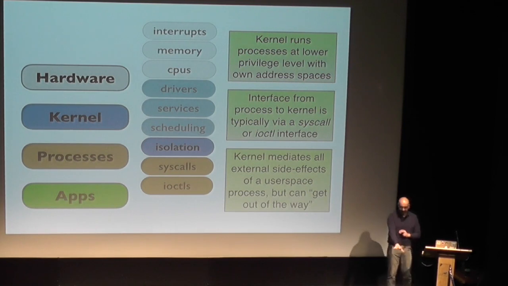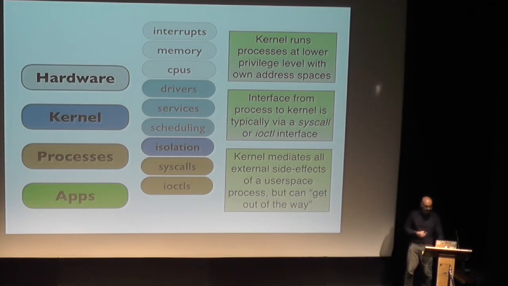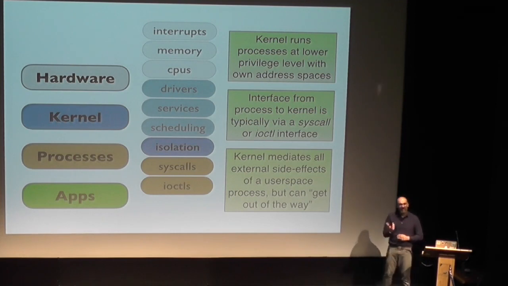So it's got to set up connections. For example, it will set up a network connection, and then it will allow you to send traffic down the connection, and it tries to get out of the way so that it doesn't slow the connection down too much. It's only whenever it needs to authenticate or check something that it gets involved. Now, this interface seems like a relatively simple interface, but there are hundreds of system calls now.